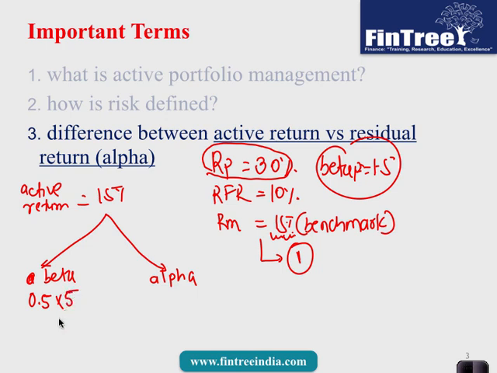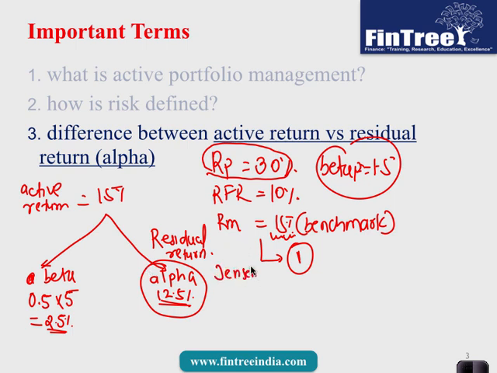So on account of beta, the excess return that we've been able to generate is 2.5%, which means the alpha that we've earned on this security has to be 12.5%, and this alpha is actually called the residual return. In this particular example, and in fact for this entire reading, the special case of alpha has been considered, which is nothing but Jensen's alpha